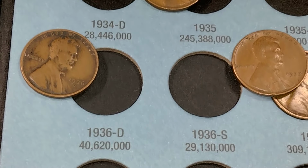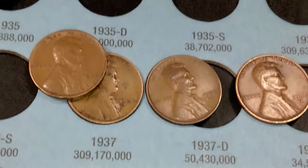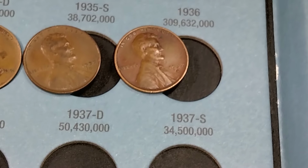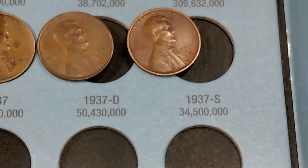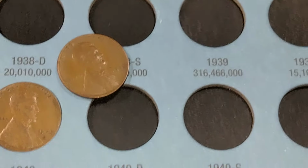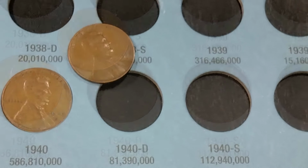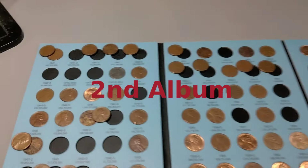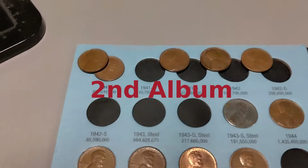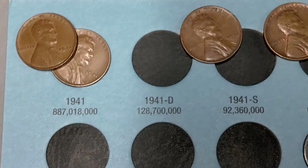1936 Denver, 40 million. I'm upgrading that 37, adding that 37 Denver and that 37 San Francisco. And lastly, I'll be adding the 1940 Denver. So I'm happy with that. I more than doubled the amount of coins in the book. And it goes from 1941, and we're going to take it to 54. I'm going to upgrade that